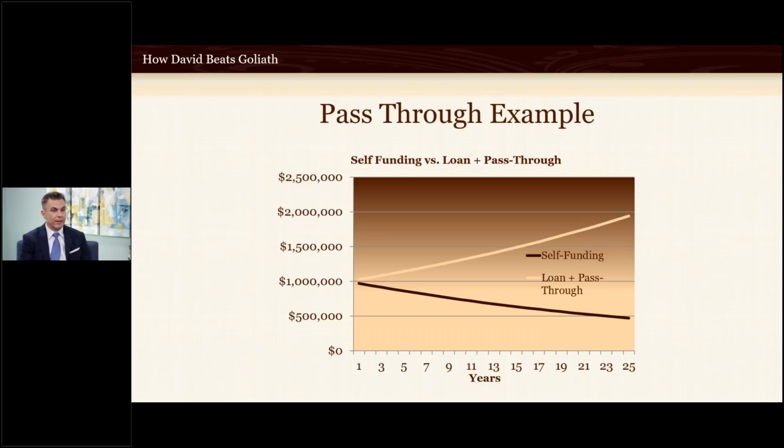If I would go to my financial advisor and I handed him a check for $1 million, and they said to me, Jeff, we've got a really great investment strategy for you, and we're going to pay you $0, but we'll be more than happy to take your money so that when you're ready to retire, this is what you'll have. I would not. You'd fire them. Yes. Right. So the difference between these two lines is one of the opportunity costs of self-funding.